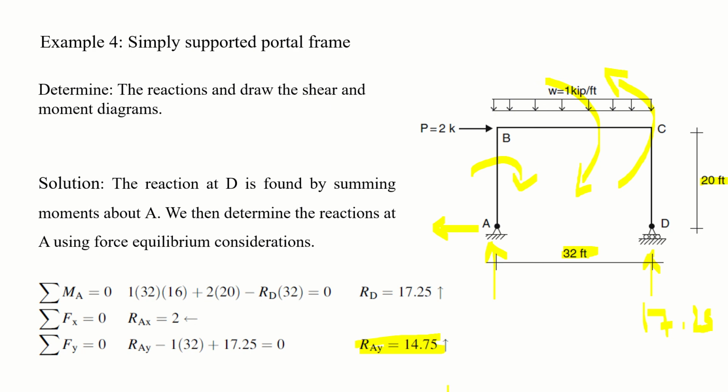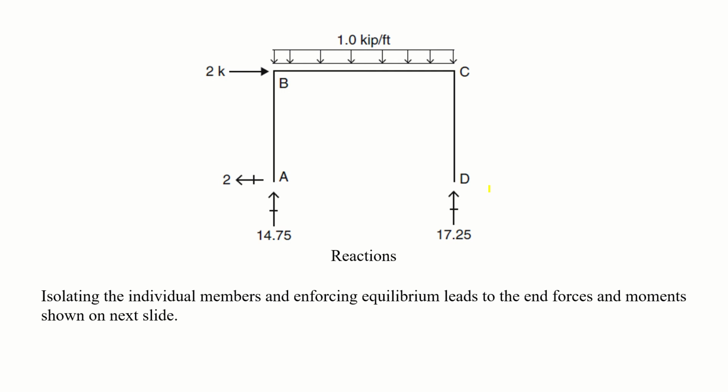Now you can move to the members. From which member will you start? Again, as I told you previously, you have to start with the weaker member. In this case the weaker member is CD, because joint D is the roller support, however joint A is a hinge support, and a hinge support is stronger than the roller support. So you have to start with the member CD, then move to BC, and then finally bring it to AB.